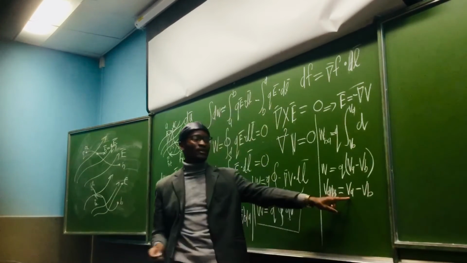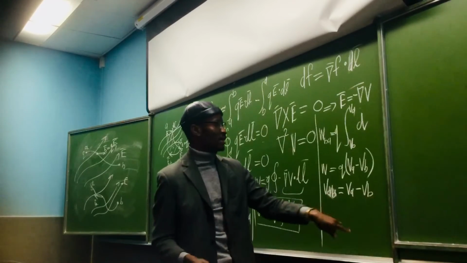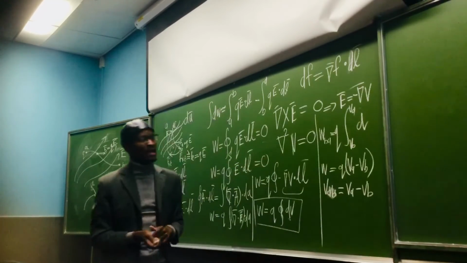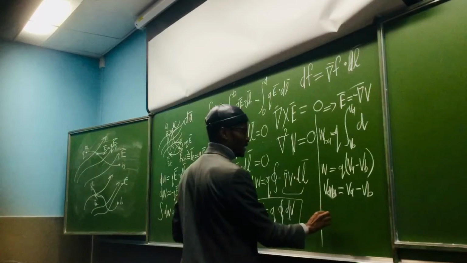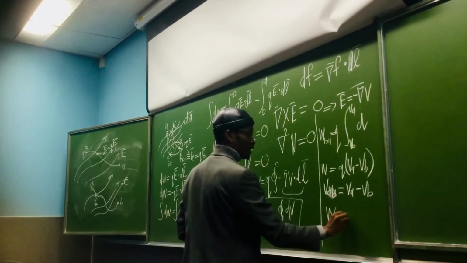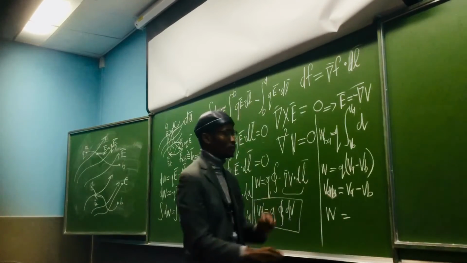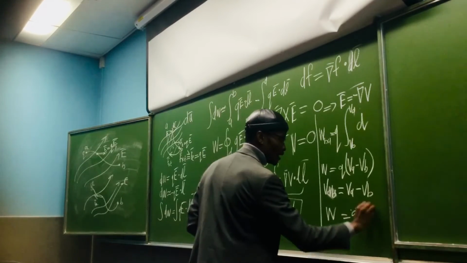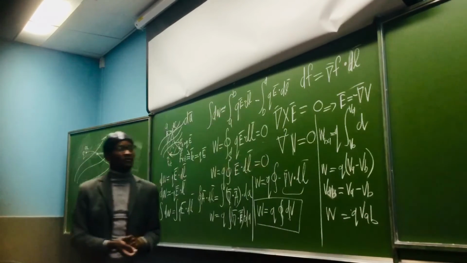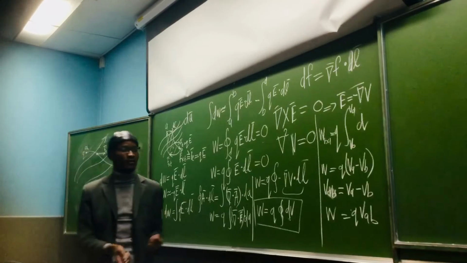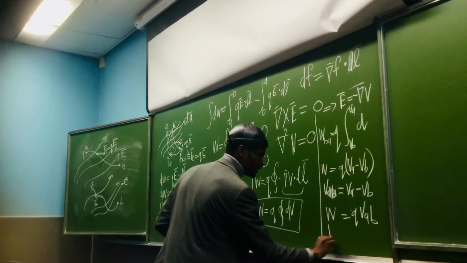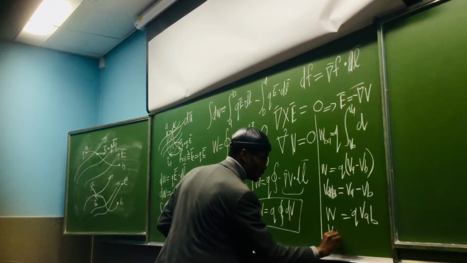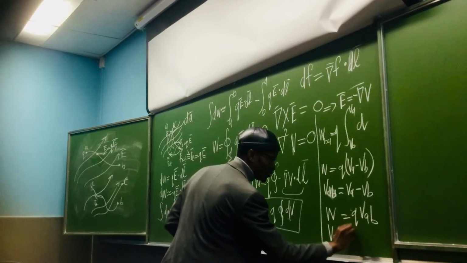In other words, the potential at A minus the potential at B is equal to the potential difference VAB. Because of this, we can see clearly that the work is going to be equal to Q VAB. And as a result, we can make V the subject of the formula. Then we end up having simply that the potential difference VAB must be equal to the work done on the